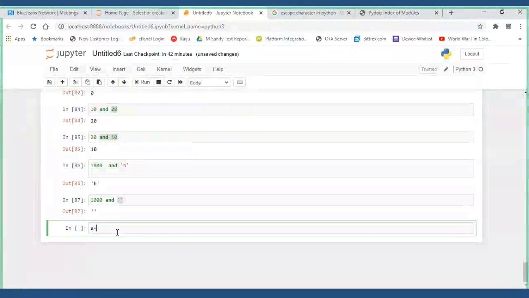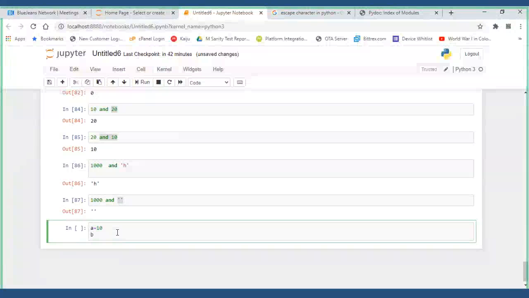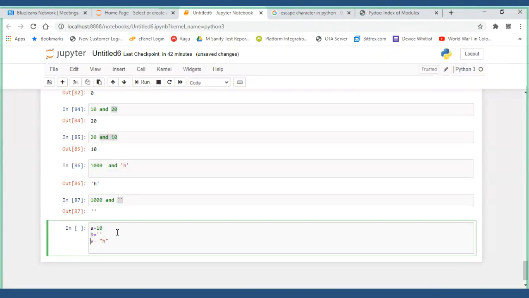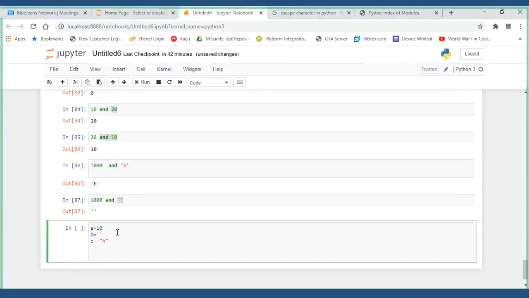A is equal to 10, some value. B is equal to an empty string. C is equal to some string. Now, for the logical operators we have used AND and come to know how it works.